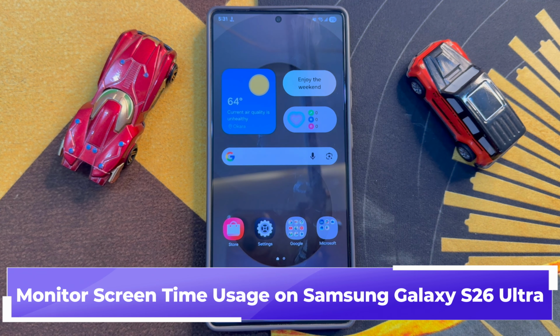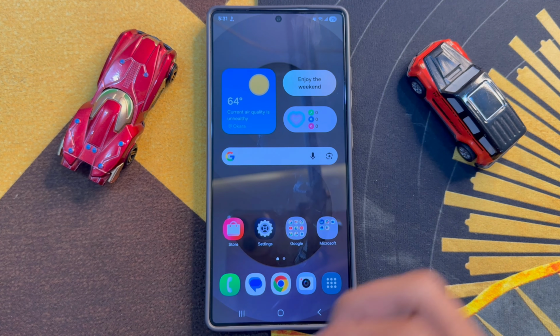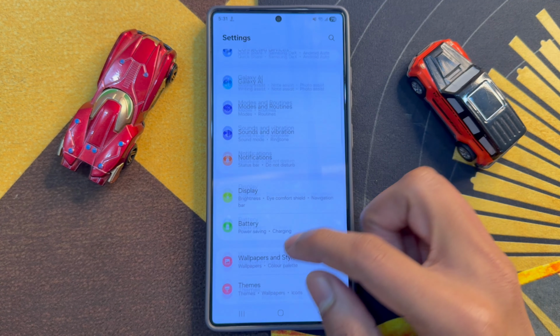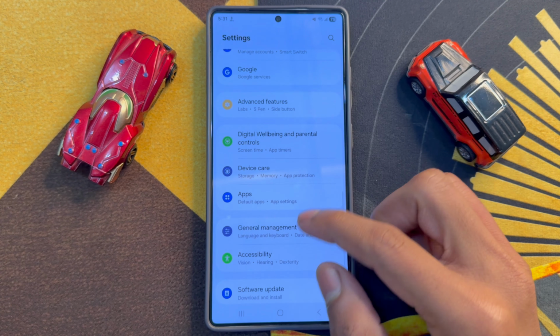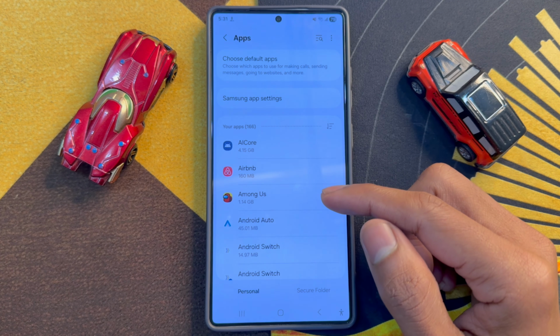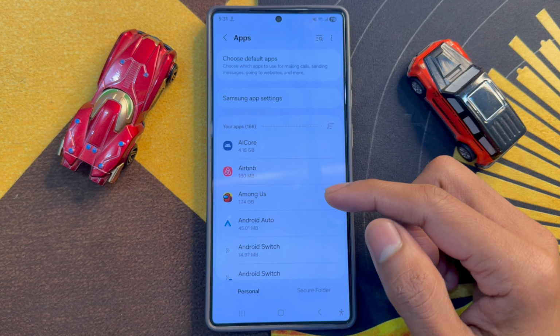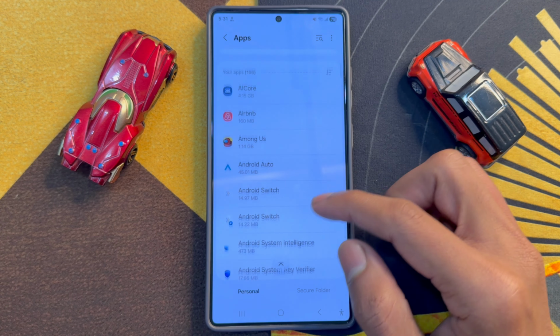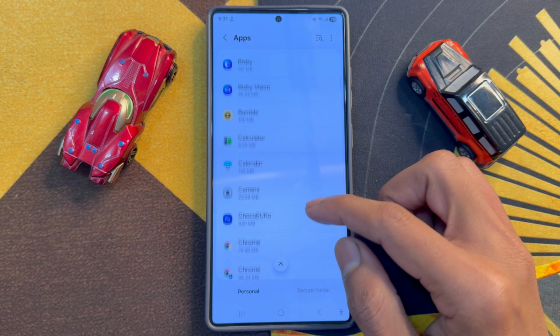How to monitor screen time usage in Samsung Galaxy S26 Ultra. First of all, open settings, scroll down, click on apps. Here you will see apps, select the app that you want to monitor screen time usage. Now scroll down, select app,